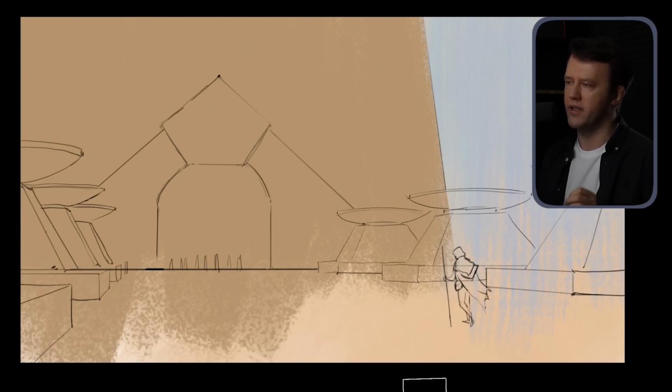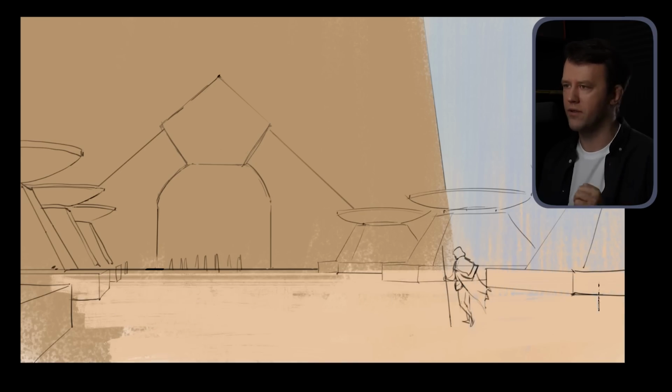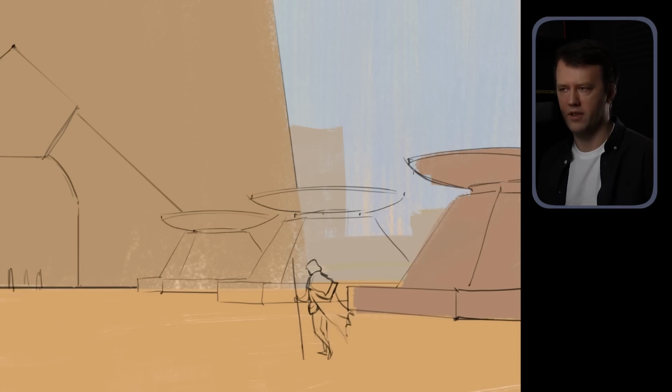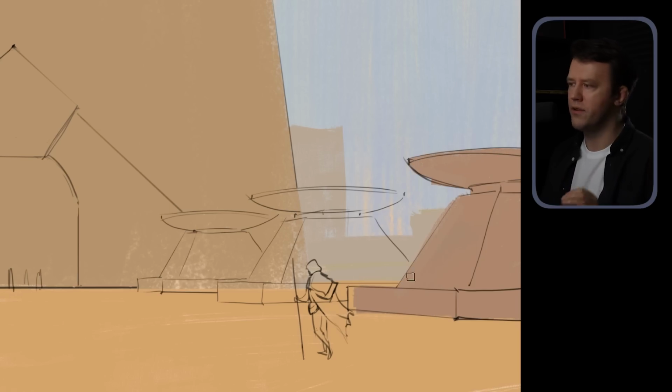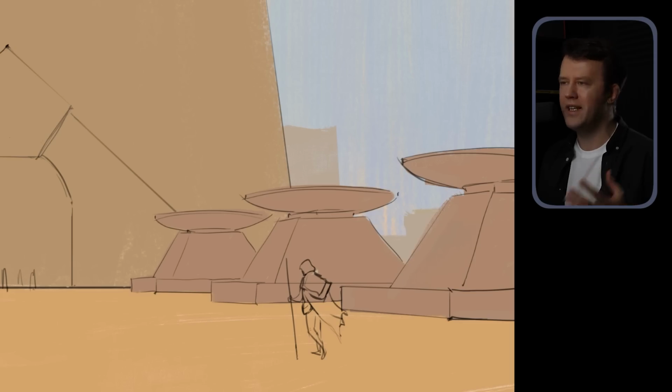One important tip is not to stress too much about the accuracy of your values right in the early stages. At this point, you're just establishing the value structure. There will be plenty of time for you to refine things and ensure the image is readable and interesting for the viewer. So to start, I lay down some flat colors for all the major elements and then begin defining